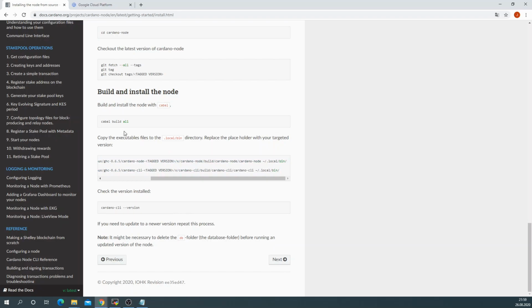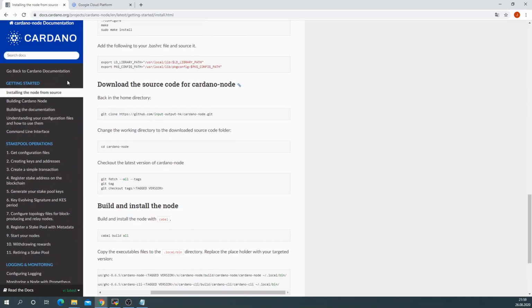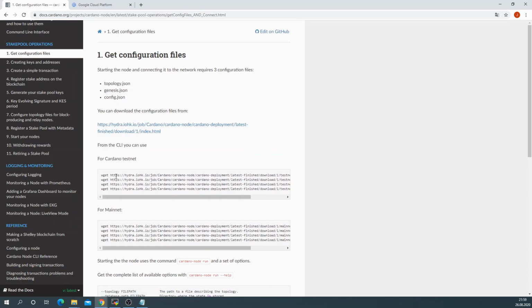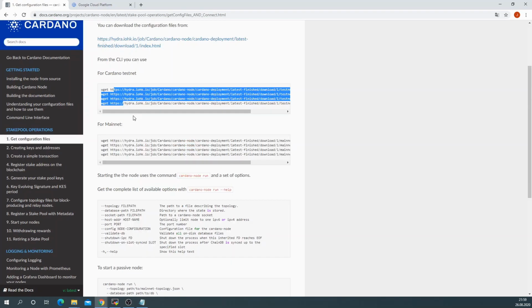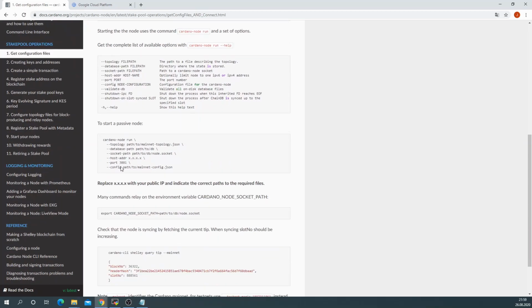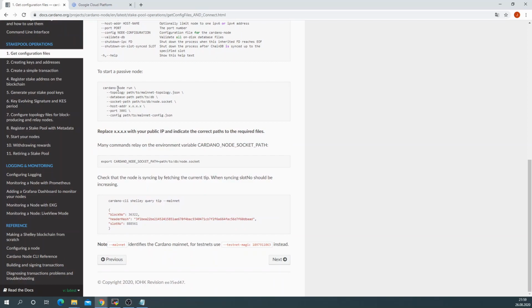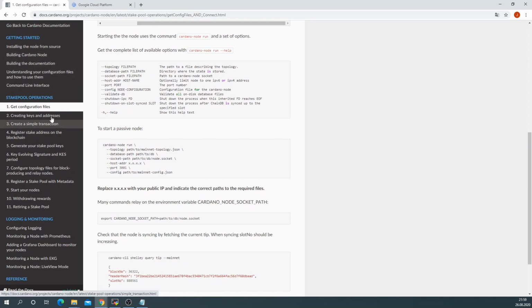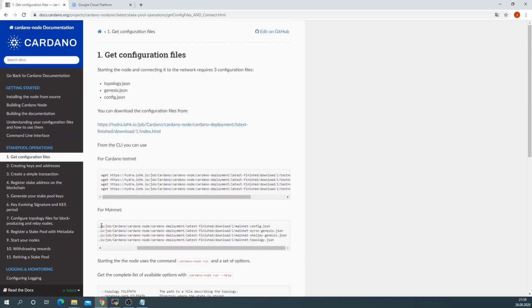What we have to do now is to get our configuration files and alter this file with our network topology, and then we can already start the node with this one. So we are going to get these commands